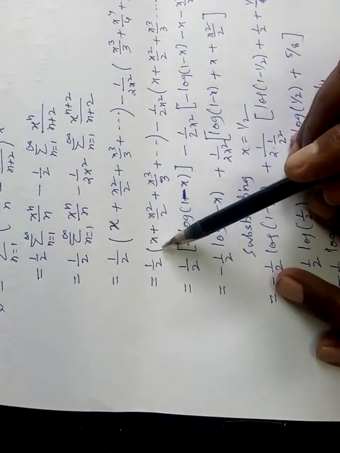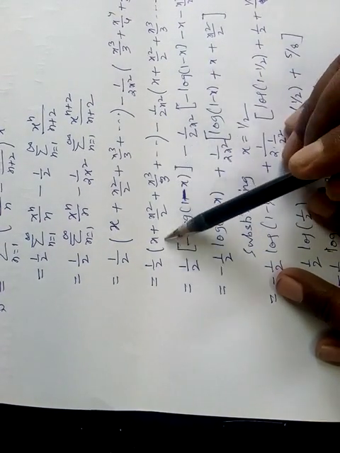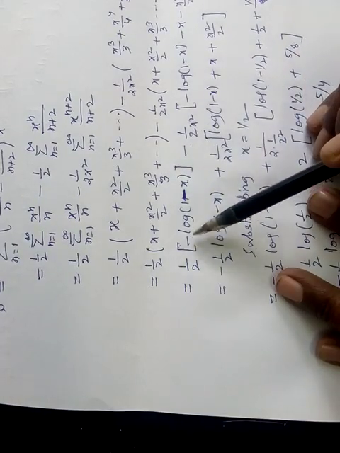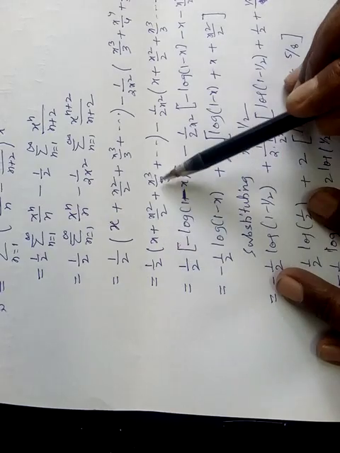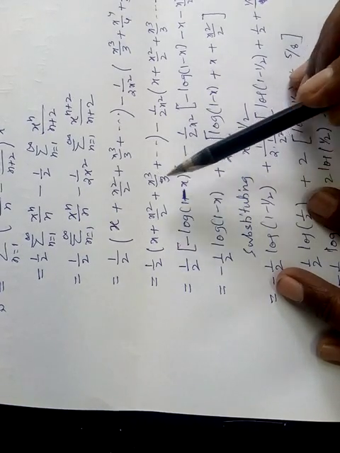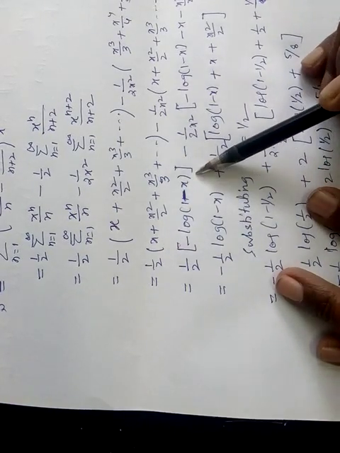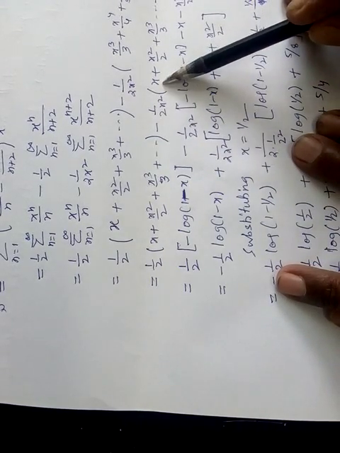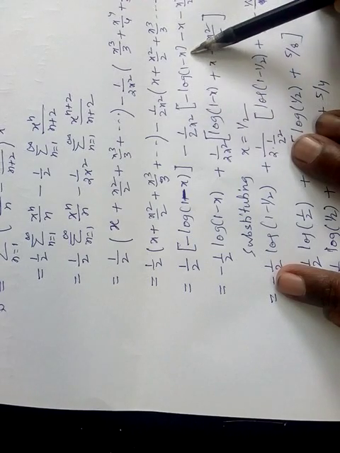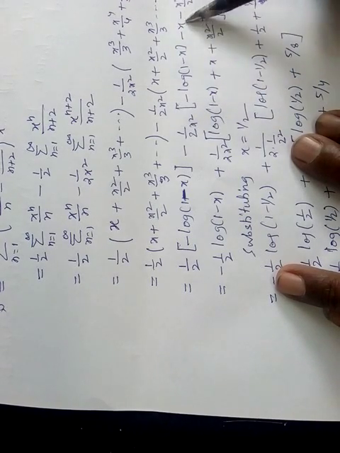Now you know what the sum of this series is. The sum of this series is minus log 1 minus x. Here all terms are positive, that implies you will get minus log 1 minus x. The outside multiple, write as it is, and similarly this also is minus log 1 minus x. These two are the subtracted terms.